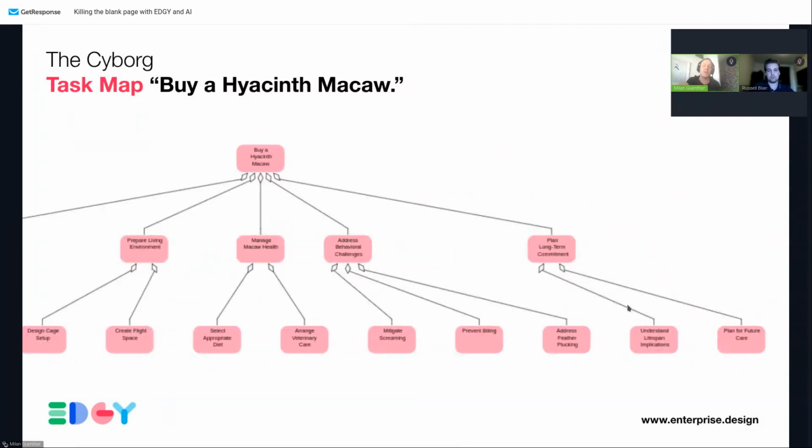It kind of assumes, I've seen these birds several times, and it's not a given that they start behavioral problems and screaming, but the AI is kind of going there, saying, okay, we have to anticipate that, and we have to plan this long-term commitment, understand the lifespan implications, and plan for future care. So you see how it took the information and integrated it into the model,